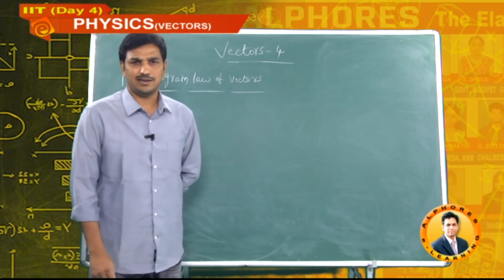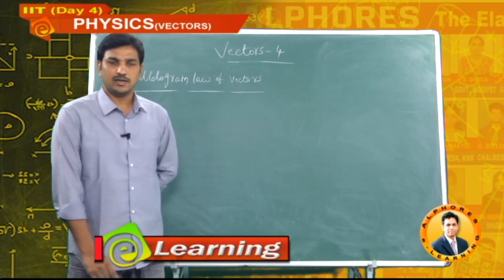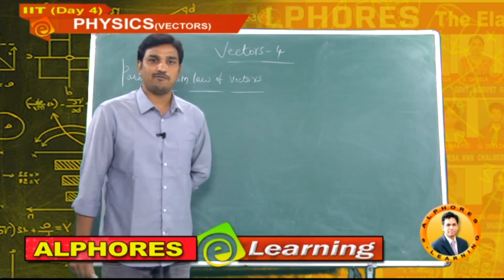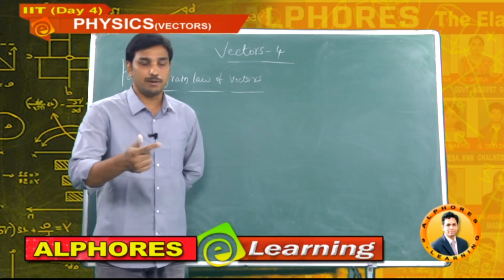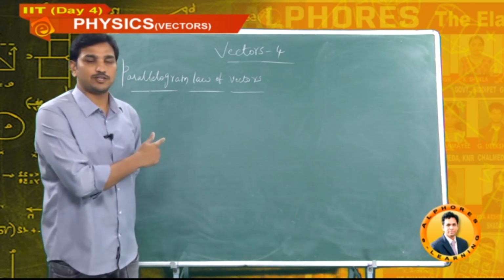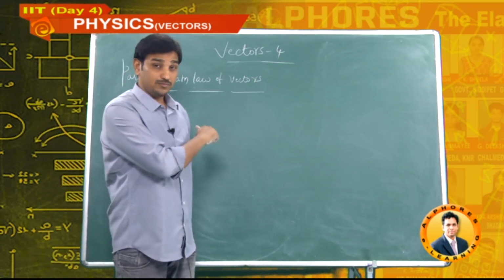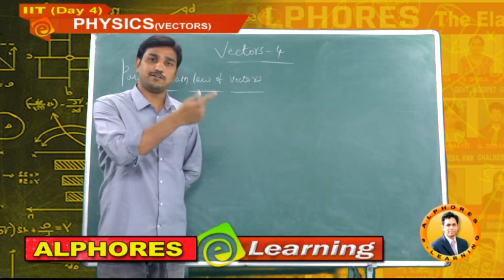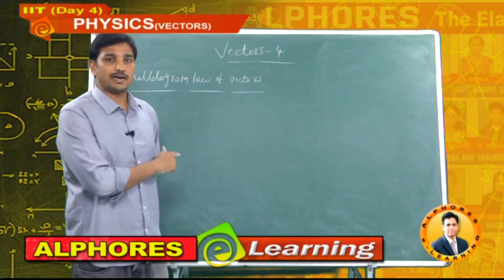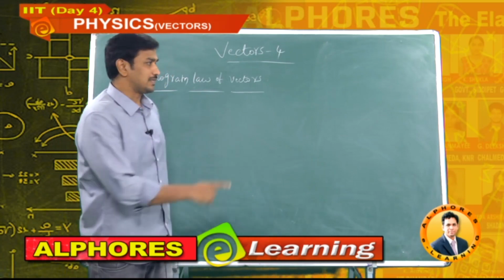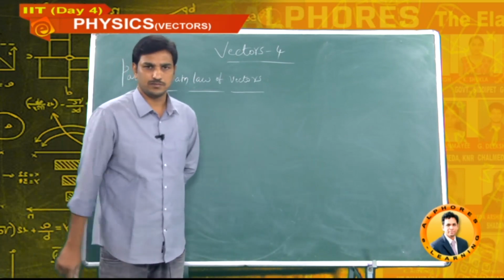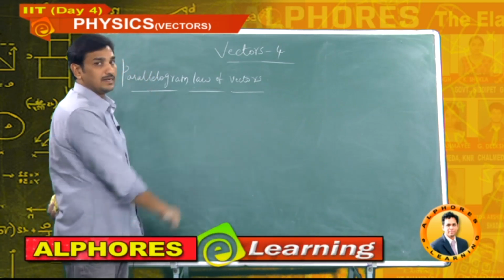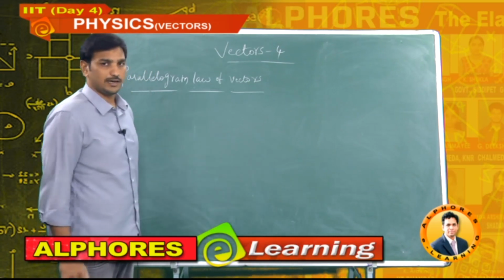Already triangle law of vectors is there, why are you going for parallelogram law of vectors again? In parallelogram law of vectors and triangle law of vectors there is a small difference. Triangle law of vectors is giving the resultant vector of A bar and B bar. Here we are getting the magnitude of the resultant of A bar and B bar. That is the only difference. There we are getting the resultant vector of two vectors; here we are getting the magnitude of the resultant of two vectors. It is more useful in our physics, in so many places, not only one single place. Most of the times in our physics we will use parallelogram law of vectors. Take care, it's too important in all kinds of examinations.